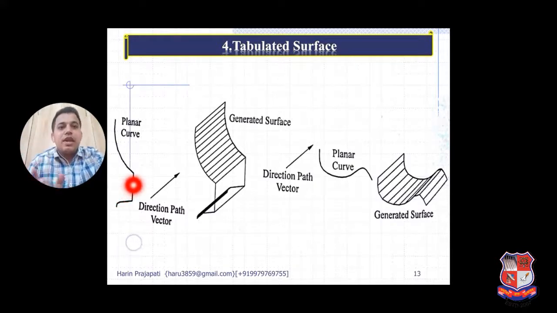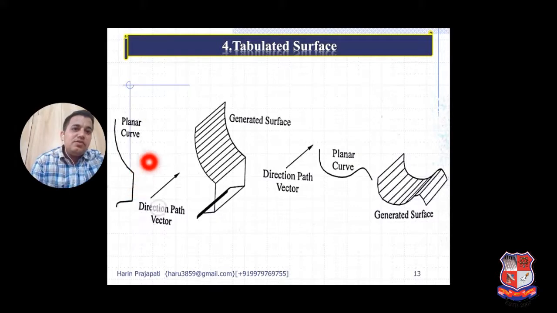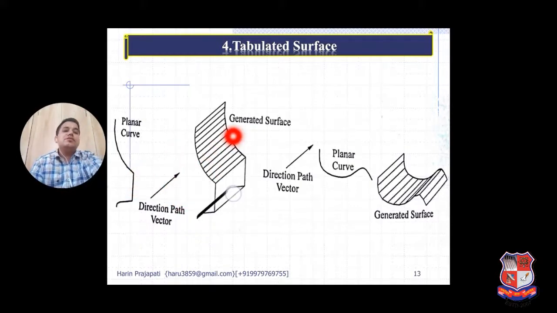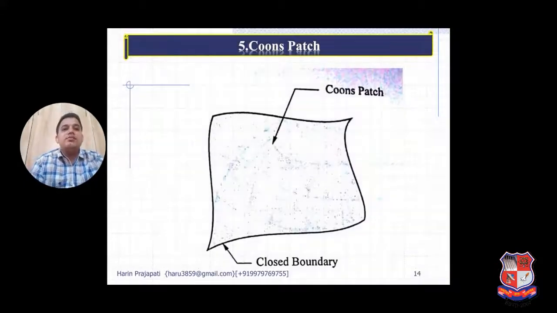If I translate the trajectory in one direction, which is the direction of the path, the surface generated is called a translational surface. You can observe that this is the trajectory, and if I extrude it, then this is the surface. This is called a translational surface.